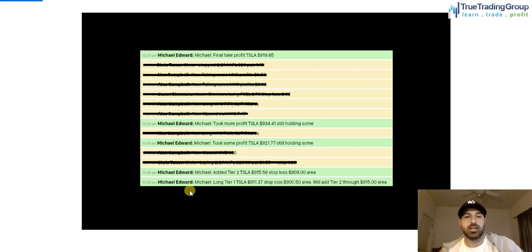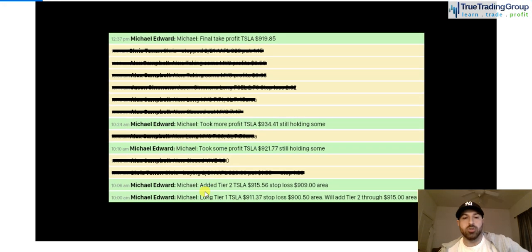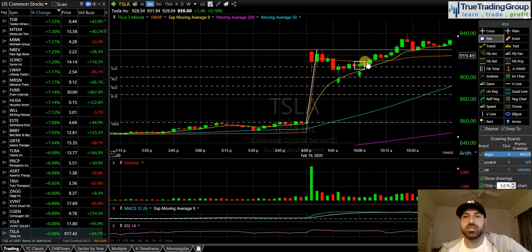I'll take you guys to my trade announcements on the day. Here you can see long a tier 1 position at 911.37. Stop loss was the low of the day, saying I'm going to add tier 2 through the 915 area. 915, where am I getting that from? It's this VWAP area, guys. You can see we're kind of holding below VWAP. And I thought if we got above VWAP, we'd get a trade line VWAP crossover,